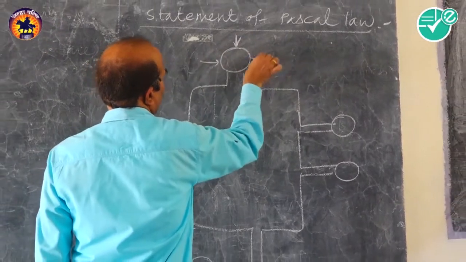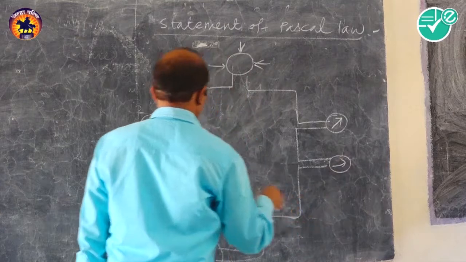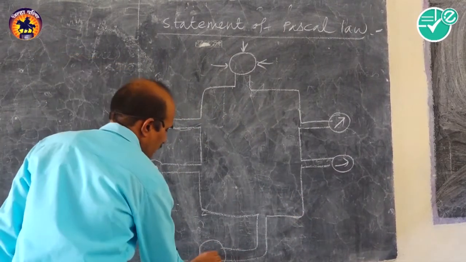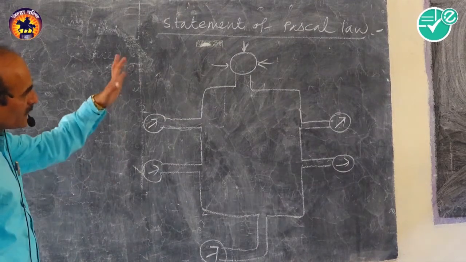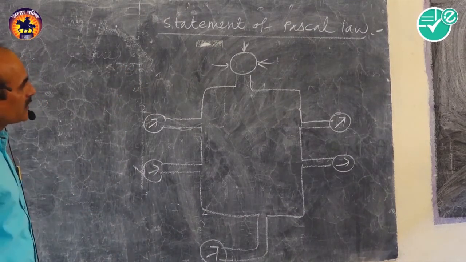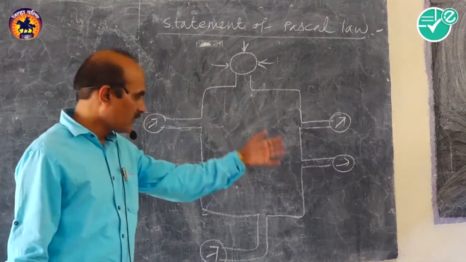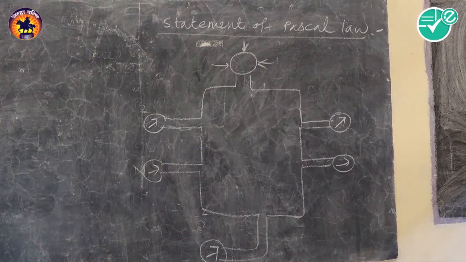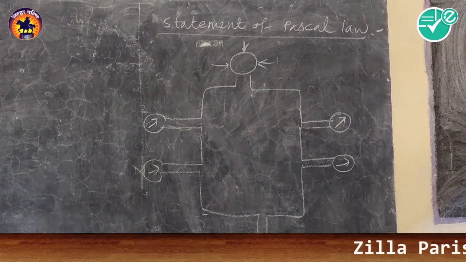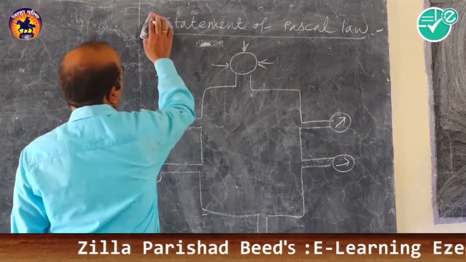So the pressure exists on it, the gas is filled in it, and it can be observed by the pressure gauge that the pressure at every point in the gas is the same. So this is the statement of Pascal's law: that pressure not only exists on the wall of the container, or on a solid immersed in the fluid, but it is also exerted at every point of the fluid, the same at every point. This is the statement of Pascal's law.